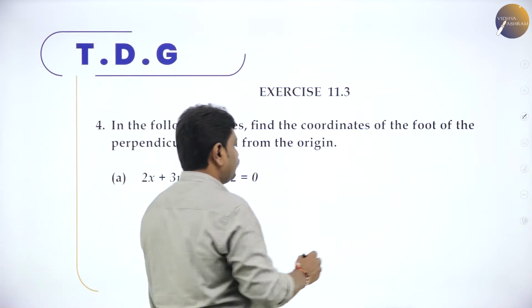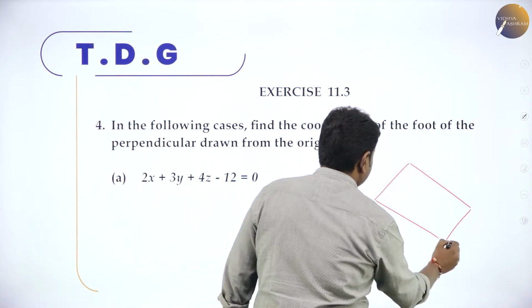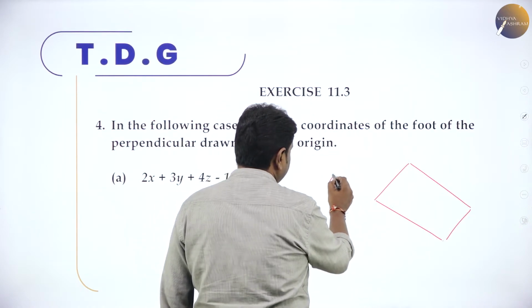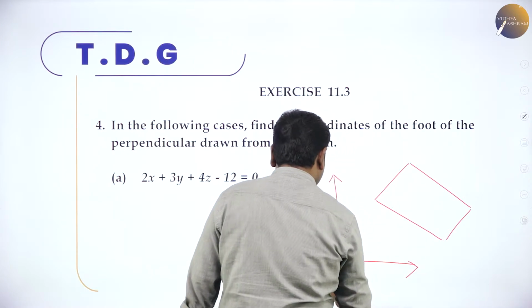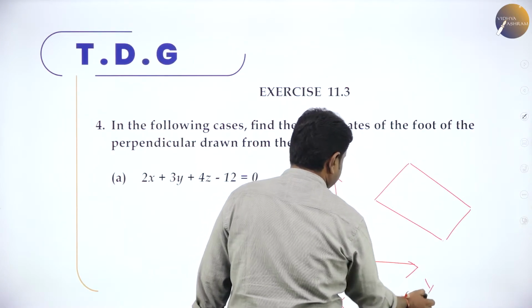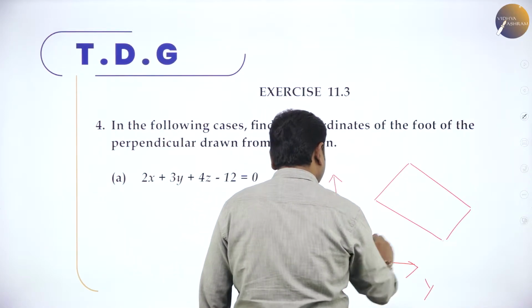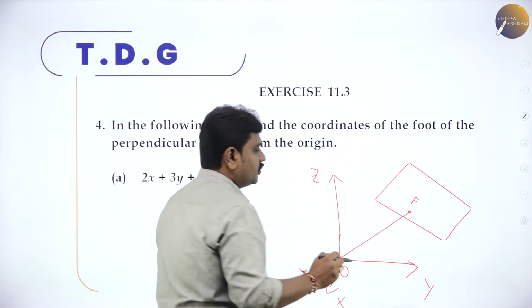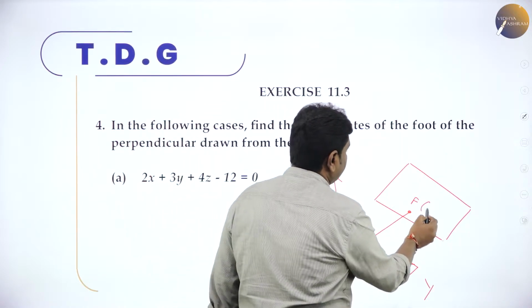So here, if I take a plane, they want you to draw the foot of perpendicular from the origin. From the origin, if we draw, so x, y, z axes, I'll just draft out a diagram. So now this is the origin. From the origin, I'll draw a perpendicular. It touches at point F. So they want you to find the foot. You know, F is also a point. The point will be in the form what?